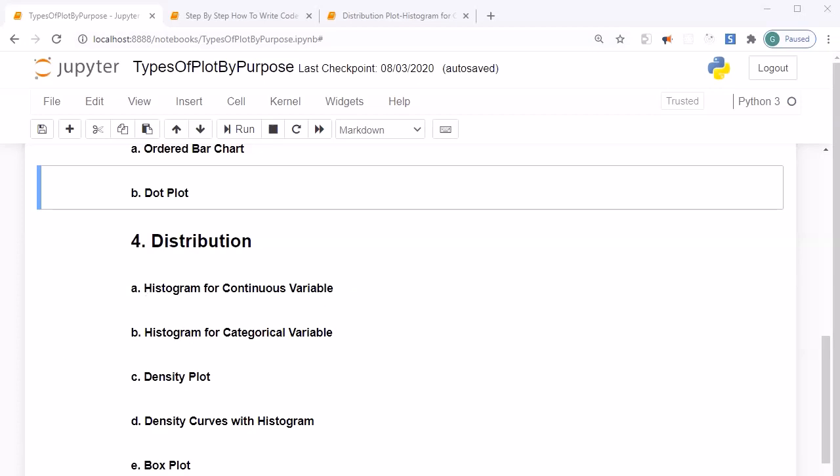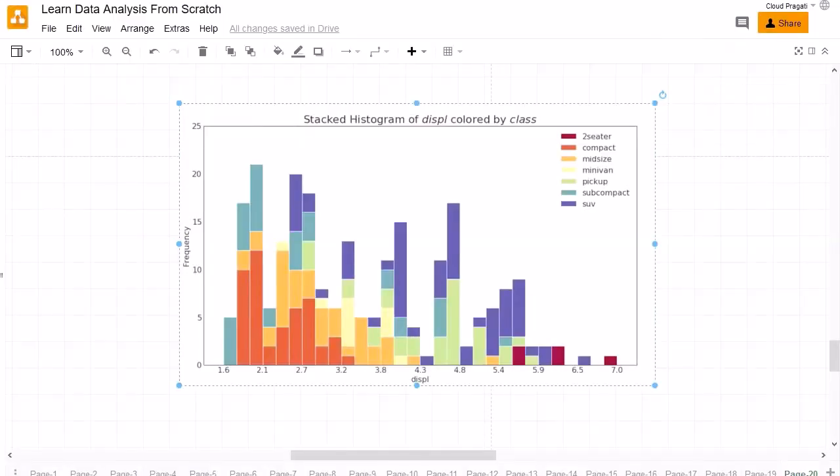So guys, let's look into the plot. What plot are we going to design in this session? We are going to design this plot, and with the help of this plot you are able to identify the distribution within the given data set. In this particular example, we are checking how the displacement variable is spread across the class. Here the class represents whether the vehicle is two-seater, compact, mid-size, minivan,